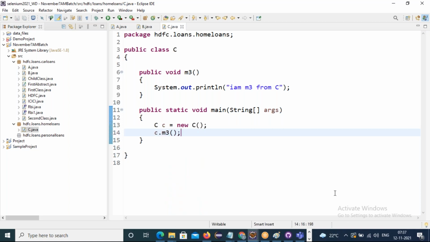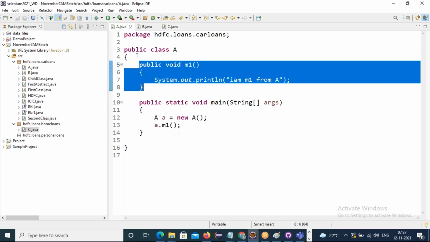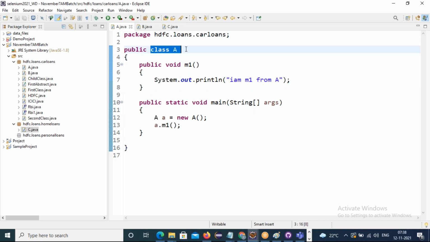Now we are talking about accessibility scope for classes. Public and default only are supported. If I give the public access modifier as a prefix to the class keyword, the class is a public class.